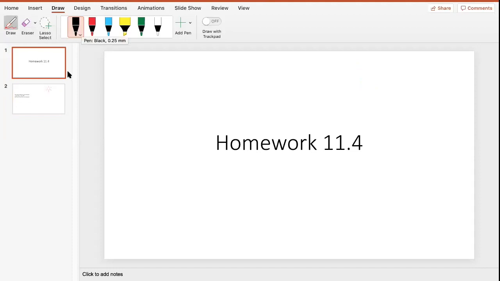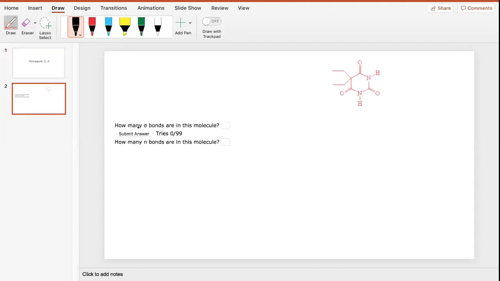Homework question 11.4 asks us how many sigma and pi bonds are in this molecule right here. So we know that a sigma bond is a single bond. And to answer this question, we know that we just have to count up every single bond in this molecule. There's a trick to it though, and that's that in organic structures, we tend not to draw hydrogens that are